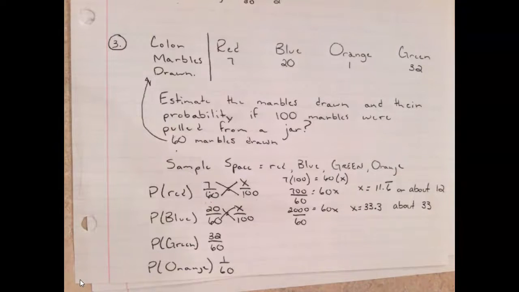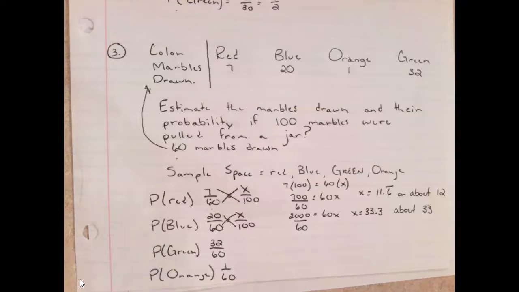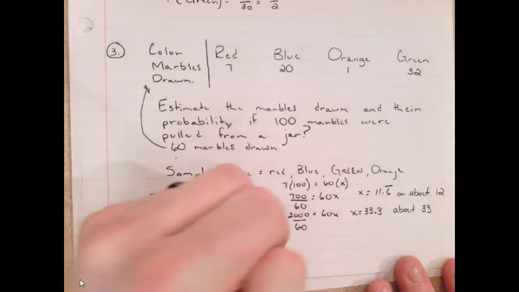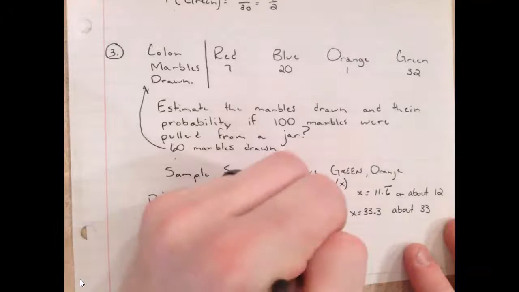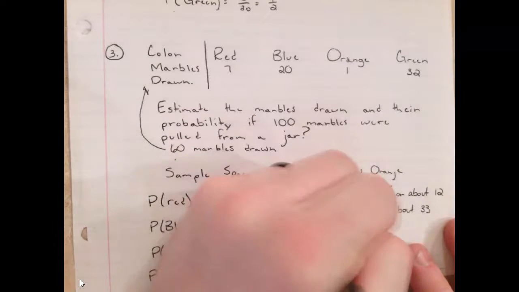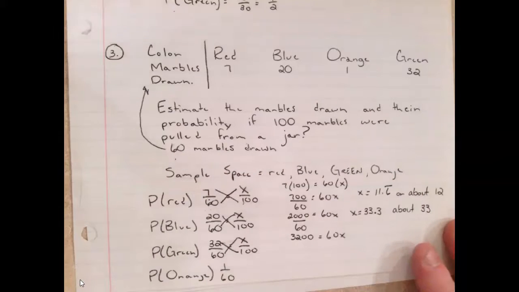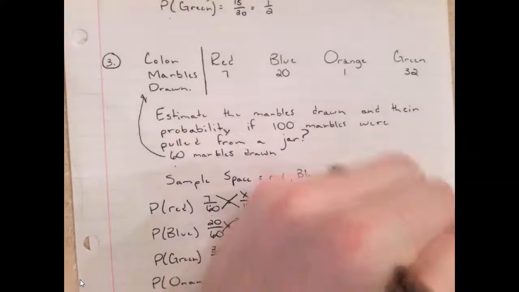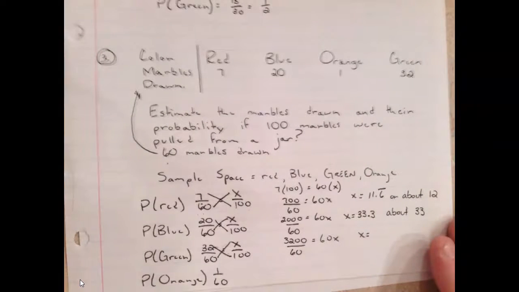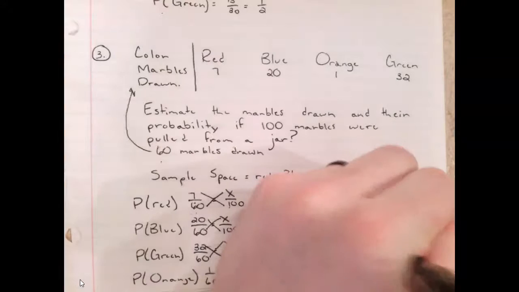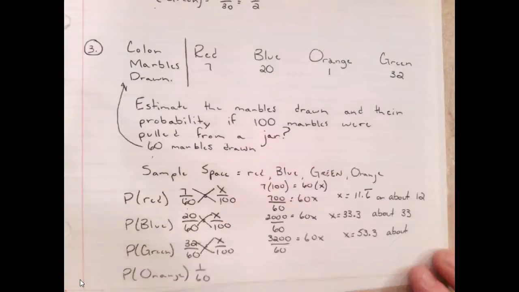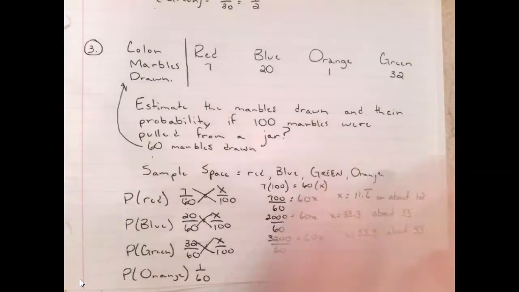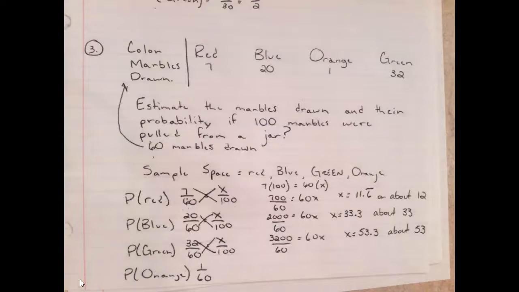This might be a good time in the video to maybe pause it, attempt green and orange on your own. Let's go through and let's do green and orange. So again, set a proportion of x over 100. 32 times 100, cross multiply, 3,200 equals 60x. Divide by 60. X equals 53.3. Same thing as above. This would turn into about 53. And last but not least, orange